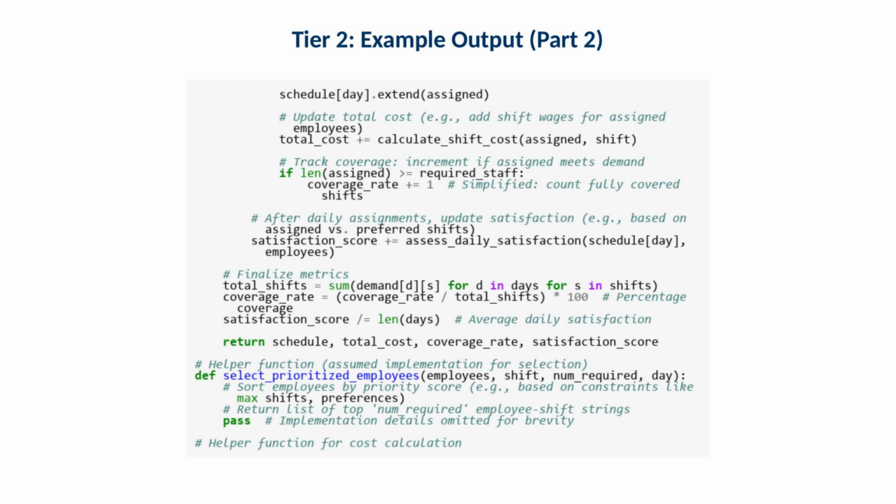This section usually shows the next portion of the schedule. Look for continuity. Does the schedule create reasonable patterns, or does it produce chaotic assignments that change dramatically day to day? Operationally, stability matters. Even if two schedules have the same cost, the more stable one is often better because it reduces confusion, reduces last-minute changes, and improves employee satisfaction. A strong heuristic tends to produce patterns that look like something a human scheduler would accept, not just a mathematically